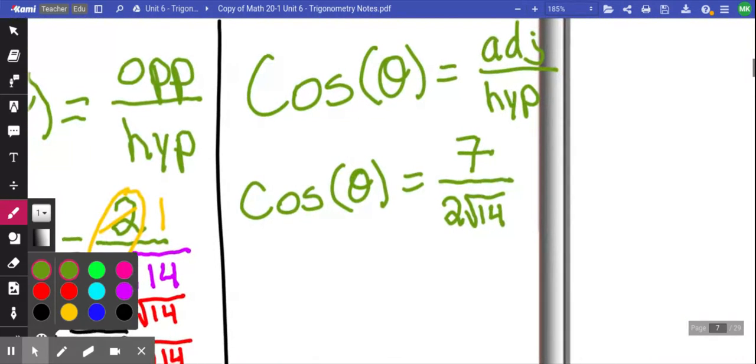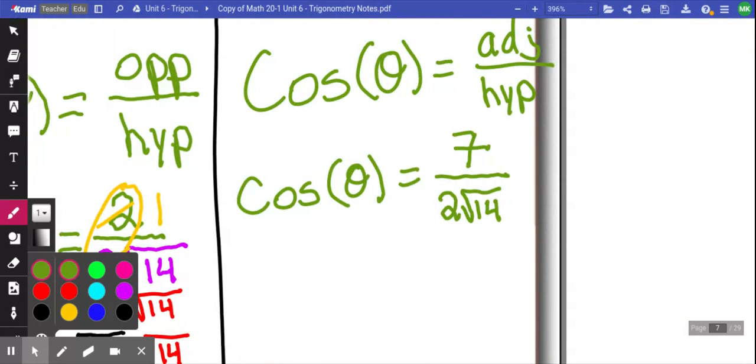Looking at that, I need to do some simplifying. The 7 and the 2 this time don't divide into each other, but we still have to get rid of that root 14, so we multiply the top and the bottom by root 14. Notice that I'm not multiplying by 2 root 14, I'm just multiplying by root 14 to get rid of that square root 14. This gives me cos theta